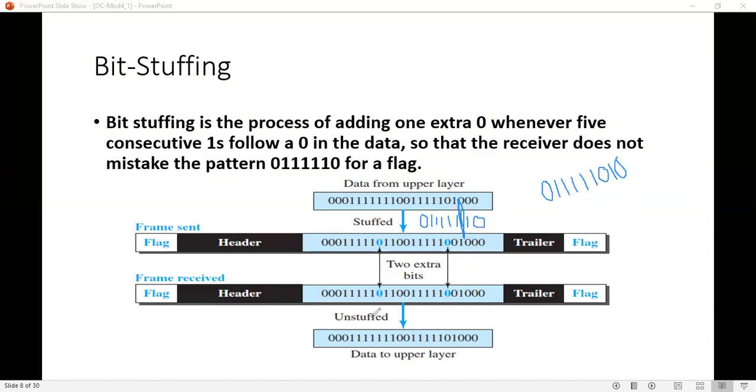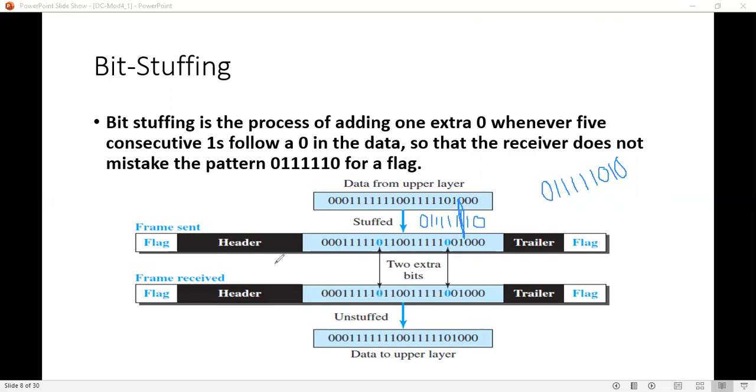Now at the receiver end, what happens? After a 0 followed by these 5 ones, you get a 0, right? That 0 will be removed and the rest of the bits will be considered. At the receiver end I am telling.